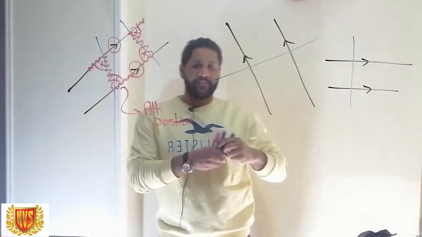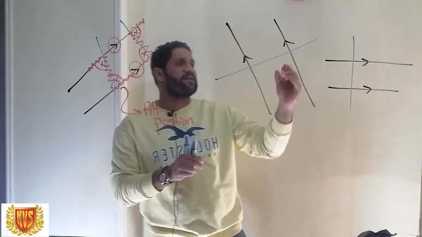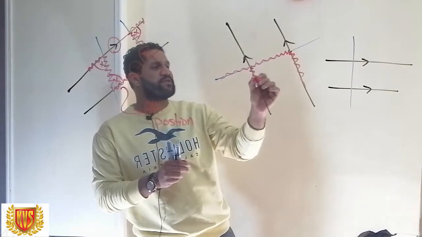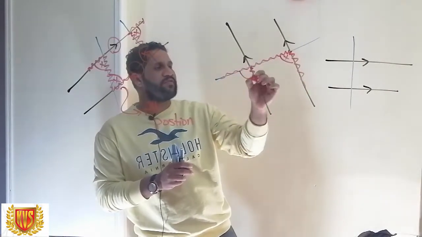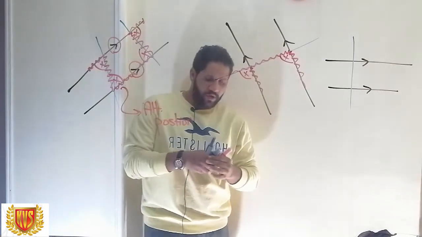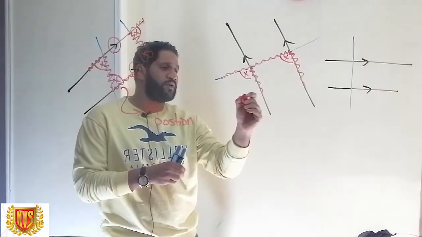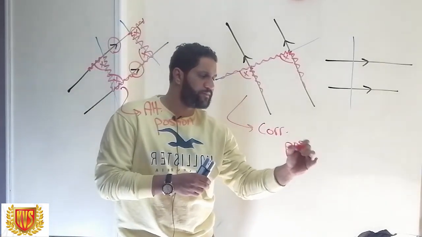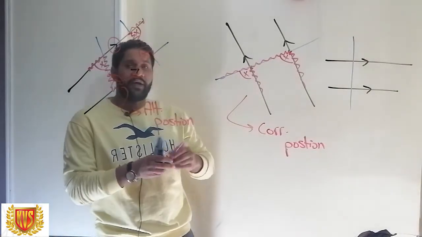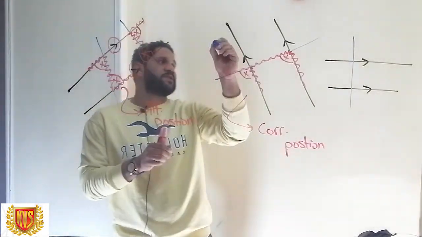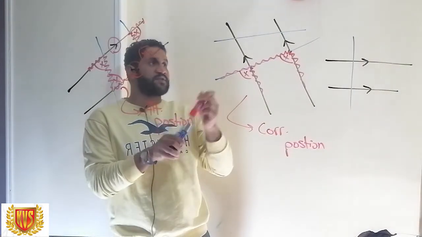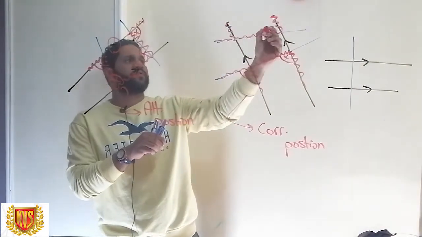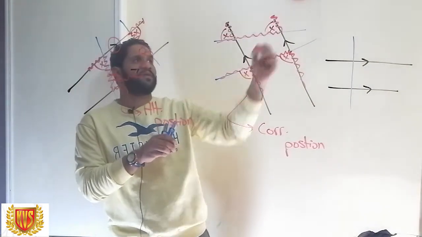Okay, the second position while having two parallel lines is the corresponding position, which is the F. Can you see this F? The angles inside F are equal to each other. So this position is called the corresponding position. By the way, I may have an F looking like this. Can you see? And this is my F. So F may come in a lot of positions, and as we said, the angles inside them are equal